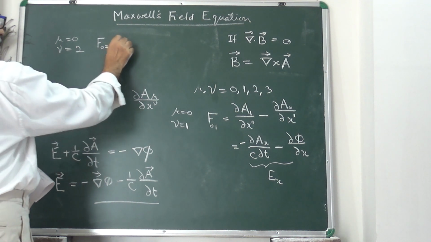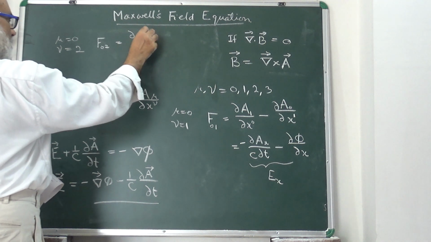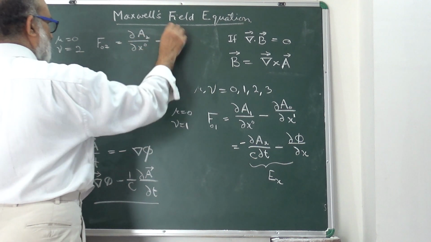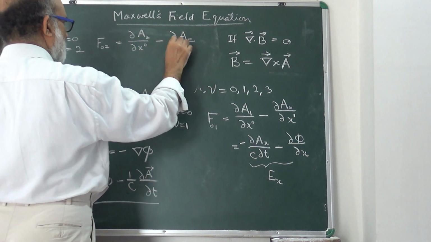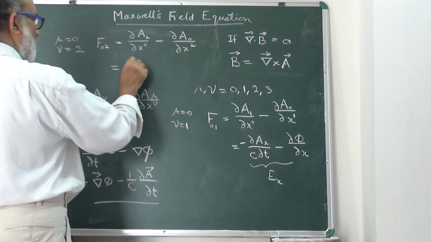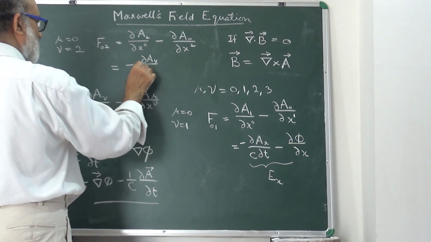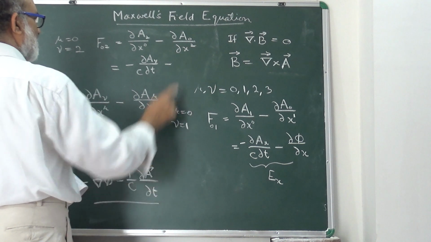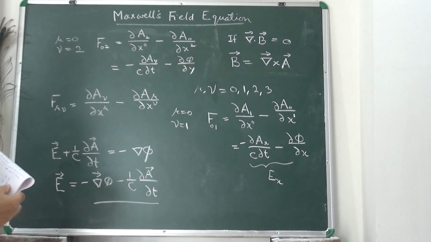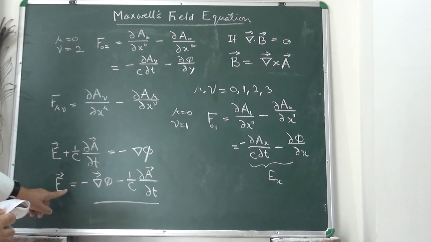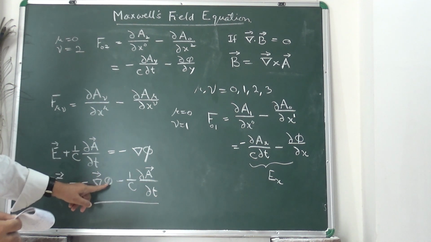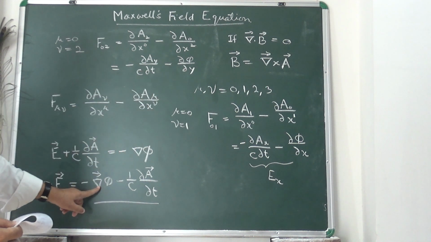This is delta A2 by delta x0 minus delta A0 by delta x2. This delta A2 means minus delta Ay by C delta t, and delta A0 is delta phi by delta y. So this you will get Ey. That's Ey means delta Ay by delta t minus delta phi by delta y. So this gives you